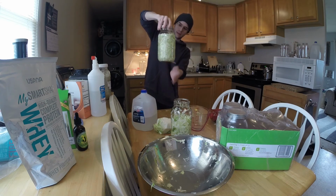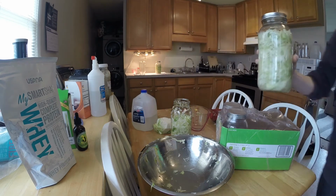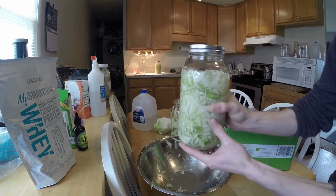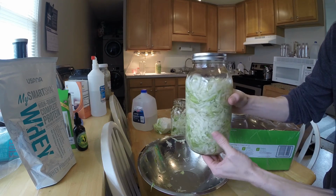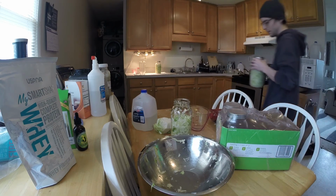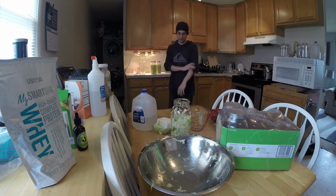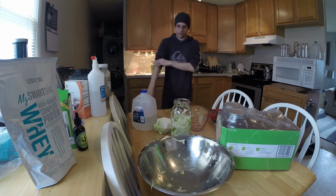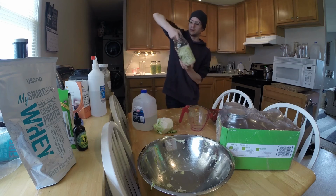There you go. Now see, it looks like the stuff's sticking out up there, which it is. But I don't have a problem with that, and I don't want to put expensive glass weights in here that break, and I don't want to put a plastic bag in there. I didn't explain that one. That's what happened when the camera went out. So what some people do